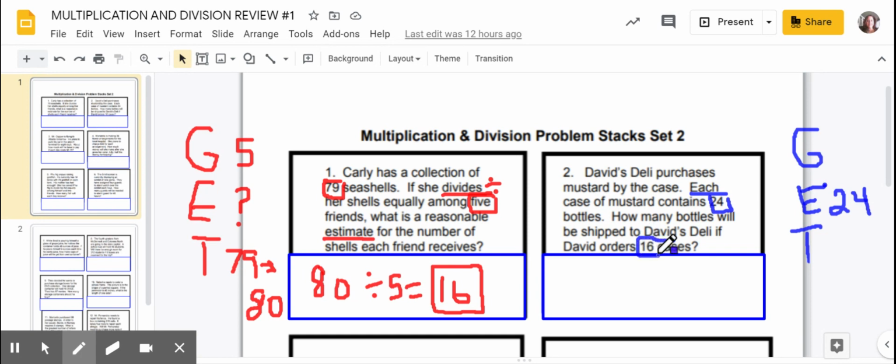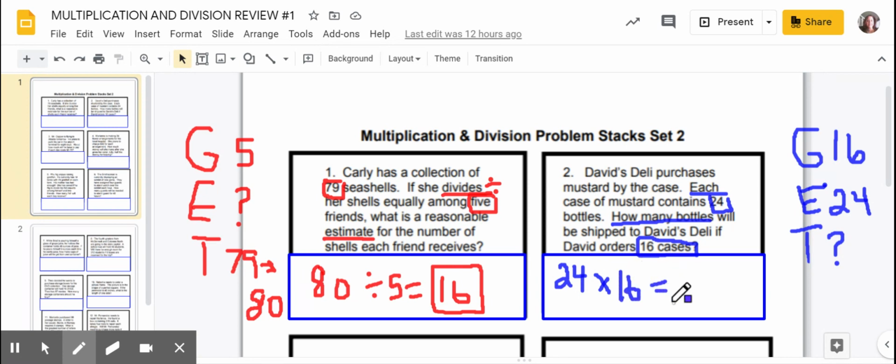Well, 16 cases is our number of groups. We want to know how many bottles will be shipped, so that's going to be the total that we're looking for. Now remember, since we have the number of groups and the number in each group, we are going to multiply. So that would be 24 times 16,